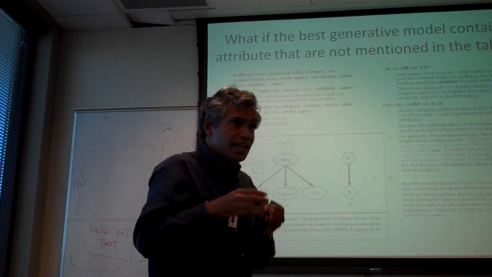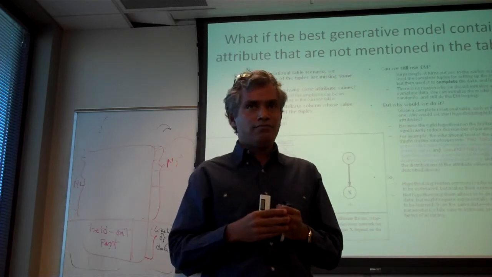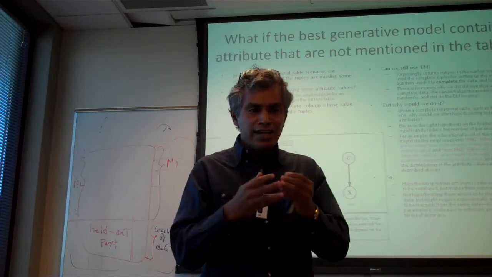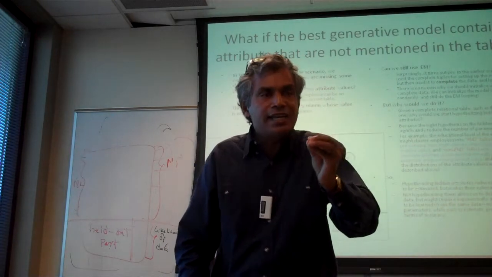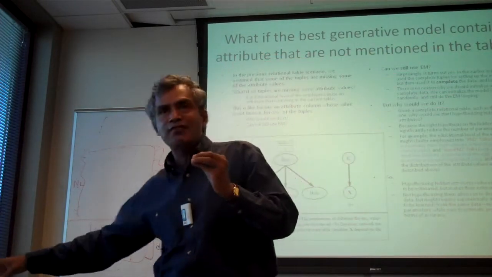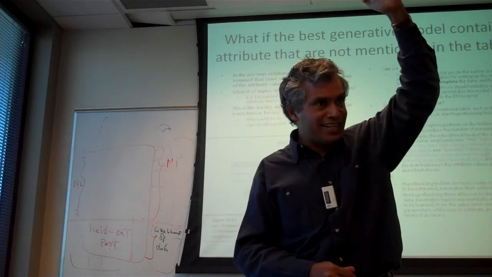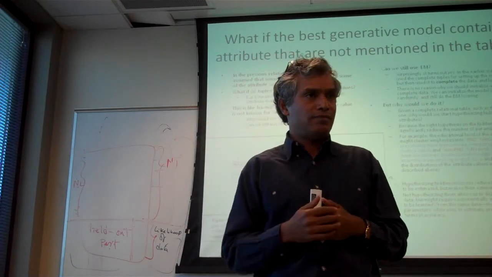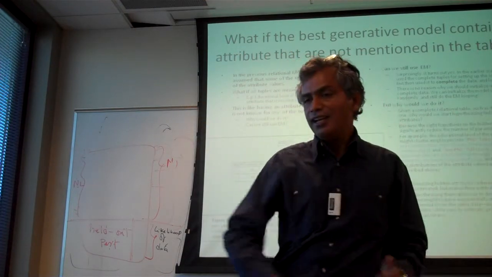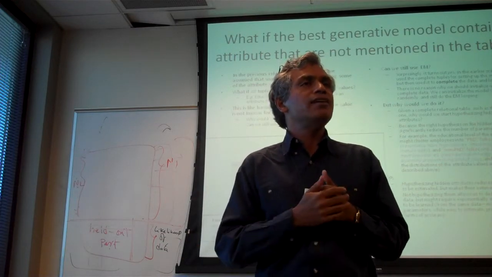When you complete the data, you don't give it a value. You give a distribution for the missing value. And according to this distribution, this missing value might be 0.3 of this cluster, 0.7 of this cluster. So it adds 0.3 to the numerator of this cluster and 0.7 to the numerator of this cluster. Previously it had either 1 here or 1 here. Okay, that's the difference between k-means and EM